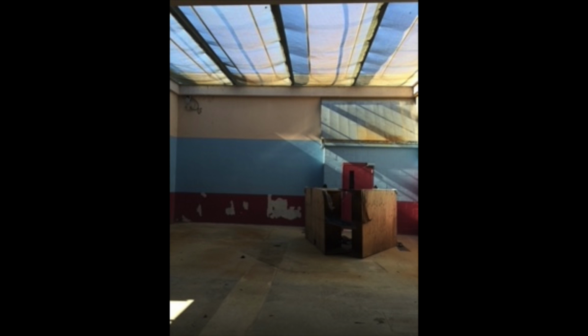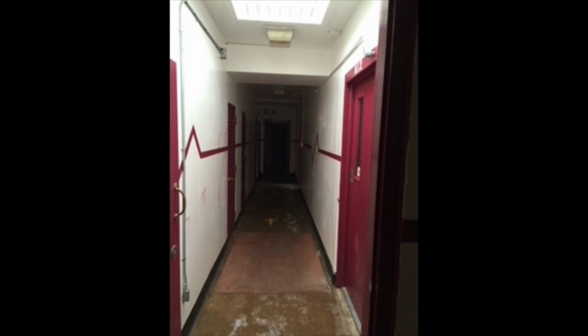This is a photo of the recreation yard of the Calaveras County Jail. This was used by all of the inmates. This was for women, children, and adult correction facility inmates. This was the original corridor to the women's holding facility right off of the rec yard that we were just